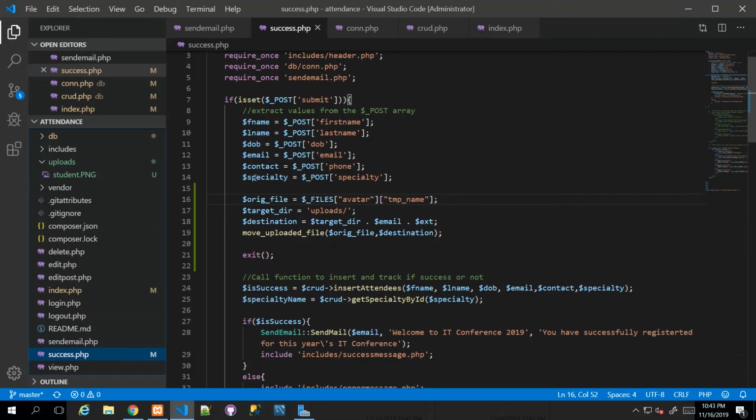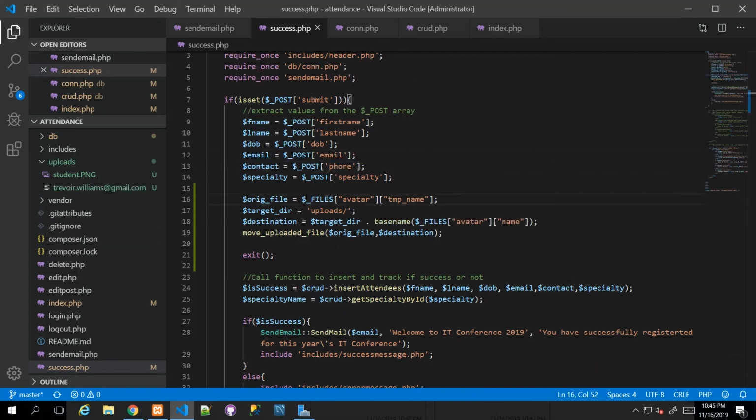In this situation, the only two real unique things about any registrant would probably be their email address and maybe their contact number. And I think contact is probably more unique than email address in this situation. So I'm going to be renaming the files that they upload to have the name that looks like their phone number. Now, in order to do this, I'm going to have to change the way I set up the destination by setting whatever custom name I need here, but then I still have to add back the extension of the